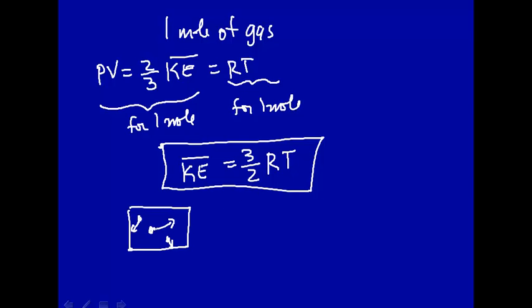Furthermore, this is an ideal gas, and the only energy that this ideal gas has is kinetic energy. There's no vibrational energy, there's no energy of interaction between it and itself or it and the walls of the container. There's just no other way for it to have any energy except for translational kinetic energy. It only depends on temperature. Temperature is the sole determinant of the kinetic energy, and therefore temperature is the sole determinant of the energy of an ideal gas. So this implies that the energy of an ideal gas